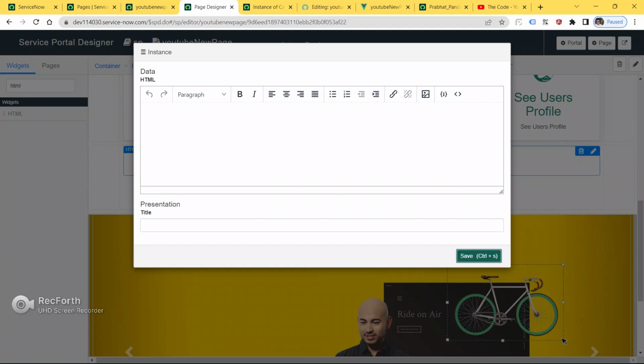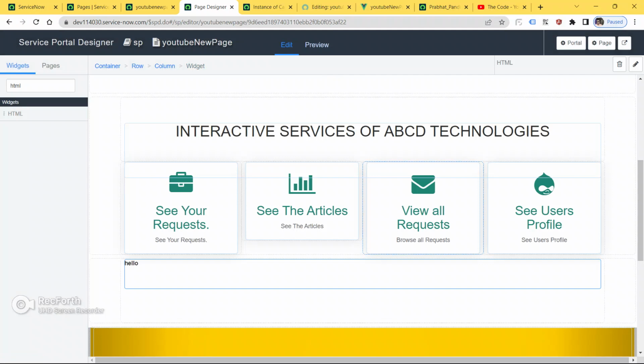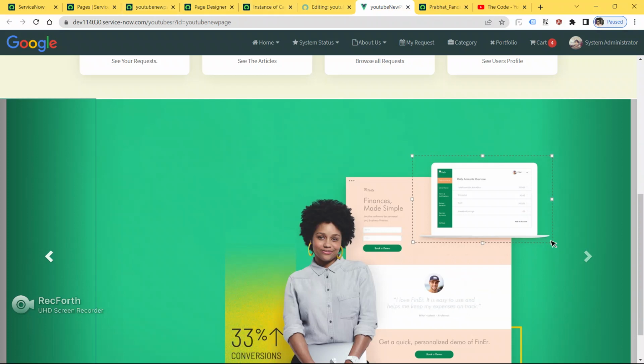Close this page now. Now let's just save this. Refresh the page first.